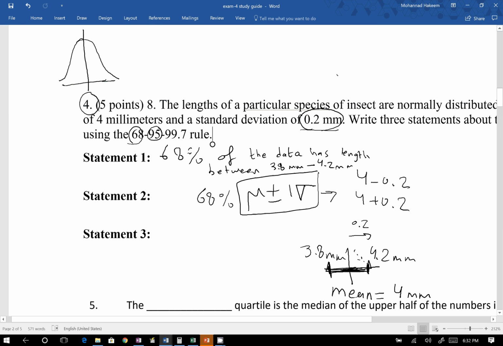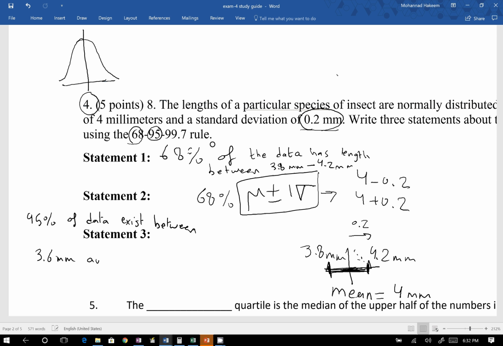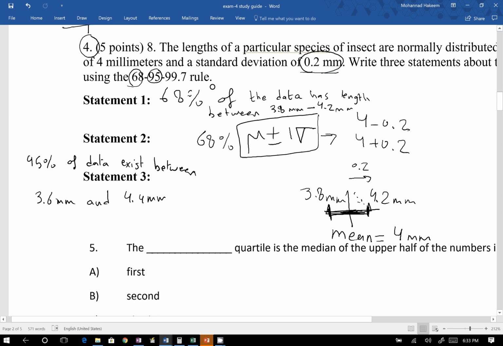95% of data exist between 2 standard deviations, between 3.6 millimeters and 4.4 millimeters of the data. Statement 3,